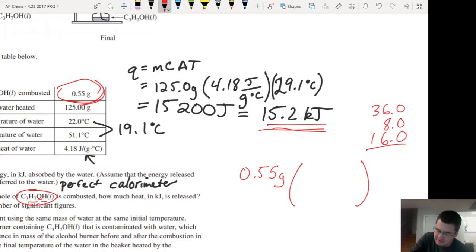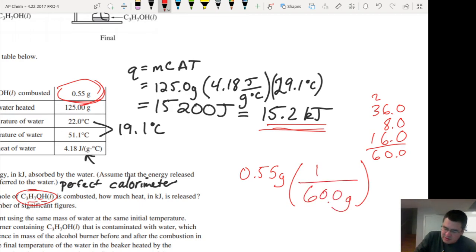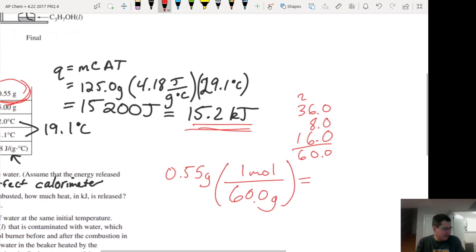I get exactly 60.0 grams per 1 mole. So 0.55 divided by 60 comes out to